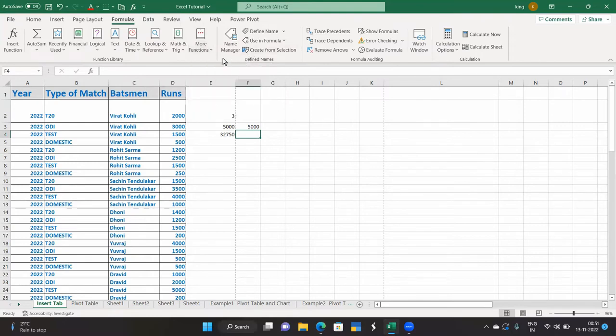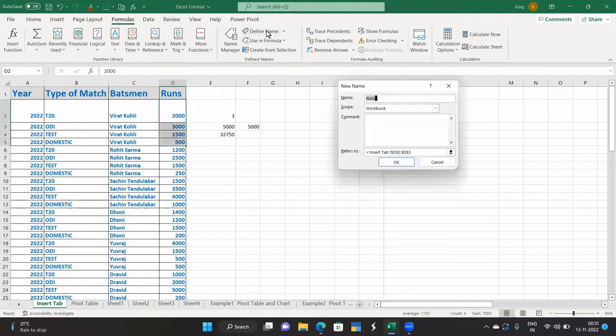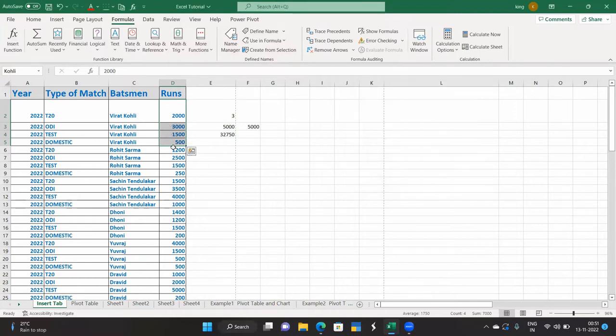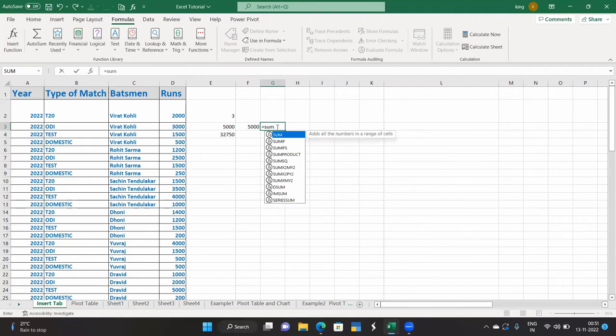So, next, name manager. What is name manager? The name given to a particular group of cells. Define name. I am giving this as Kohli. Scope workbook. Done. Now the runs scored by Virat Kohli in different formats are given a name Kohli. Now I can use it directly here, equal to sum of